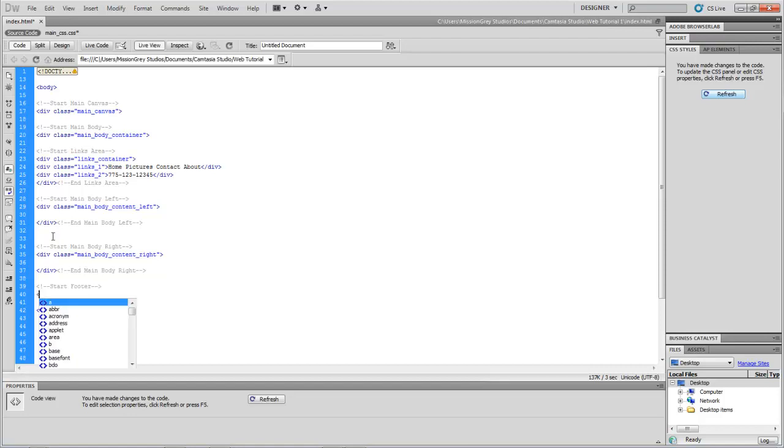Go down, div class footer and end footer. End footer. Let's say, oh yeah, if you're looking, so this is control